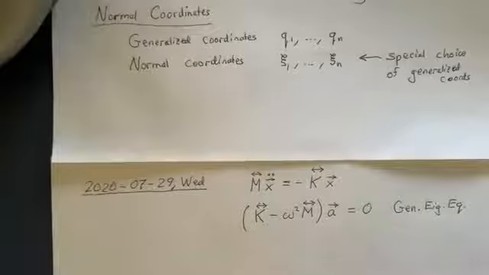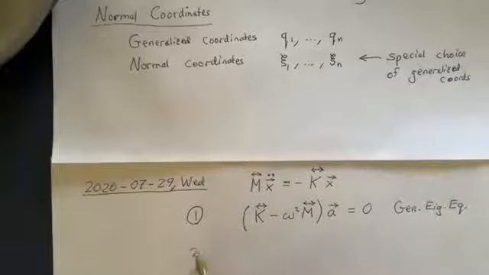Method number one here, we can use this generalized eigenvalue equation. This is the method that is favored in the chapter. Method number two,